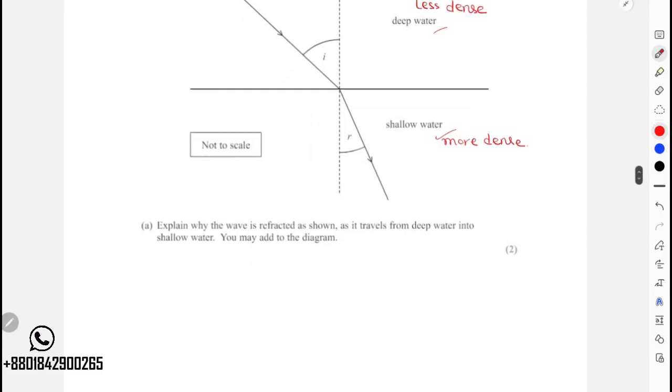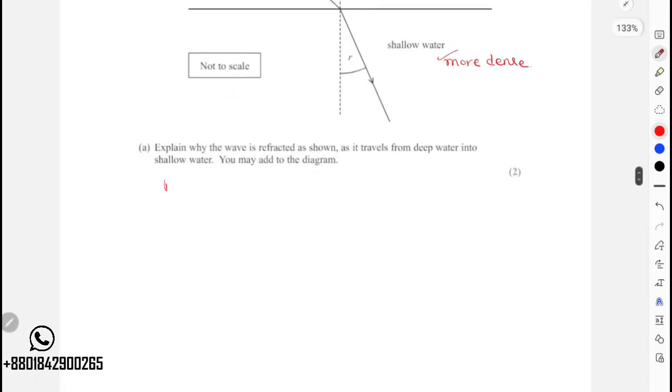Now explain why the wave is refracted as shown as it enters the shallow water from the deep water. You may add a diagram. Now this is the exact opposite case to the previous one, right? In deep water it has less density, so your entire wave travels at a higher speed, and in shallow water it has more density, so the wave travels at a lower speed. Due to the decrease in speed, the wavelength changes, which eventually causes a change in direction, right? So we can write that from deep to shallow water